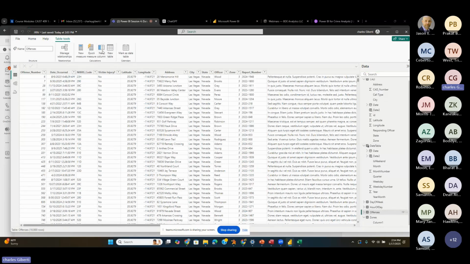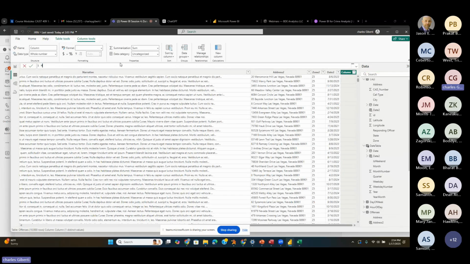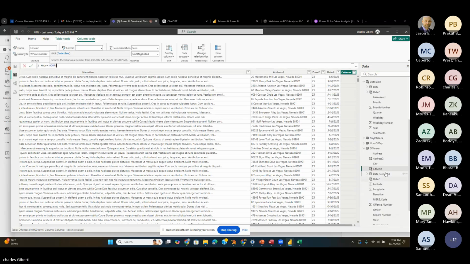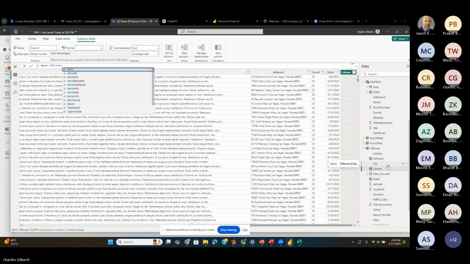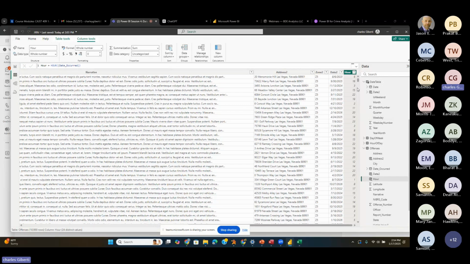I'm going to go to new column. There's actually functions native inside Power BI for this. So you can use an hour function and just put in date occurred. And that will pull out the hour. And so you can see now it's listing a column that just gives it, if it occurs at 5:30 a.m., it's going to call that 5. And then we're going to create another column